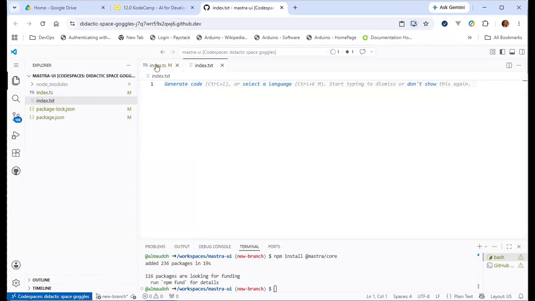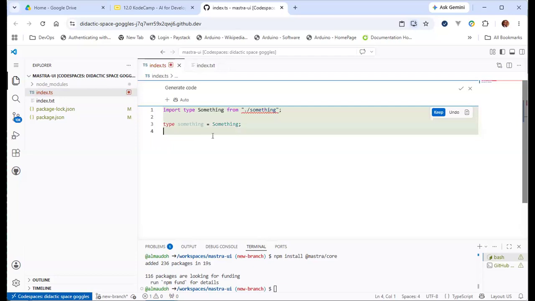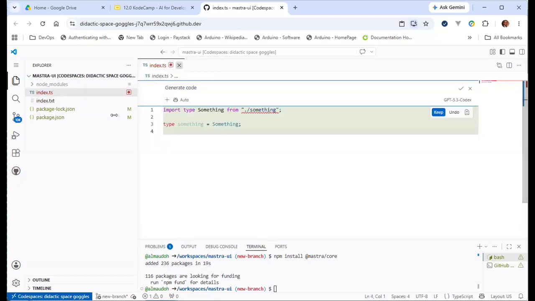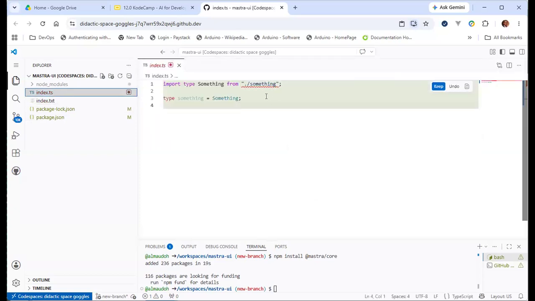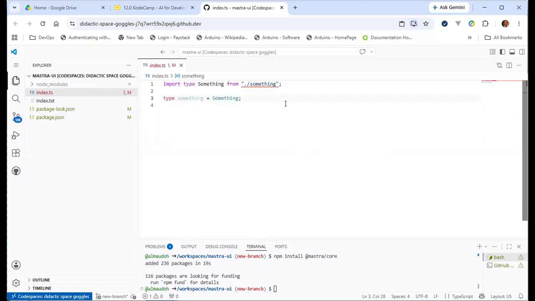For some reason I cannot type into this. I don't know what's going on. Maybe the codespace is malfunctioning. Let me see if I can type now. I still cannot type.